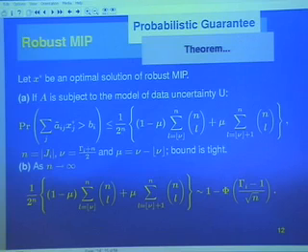So how do I select gamma? Here's how you do it. I'm a decision maker, and I say I want my solution to be infeasible with probability 10 to the minus 4. So I set it equal to 10 to the minus 4. I know, of course, what n is. I select gamma. Gamma will be, roughly speaking, some small constant, 2 or 3 times square root of n. So this is how I select my gamma. And notice, details of the probability distribution are not important. They are not needed.